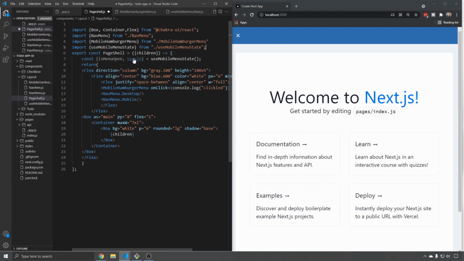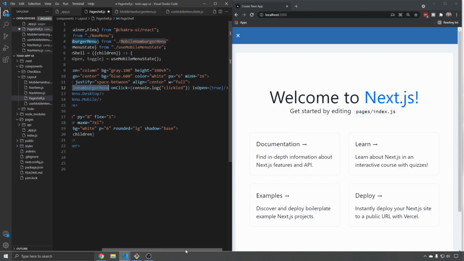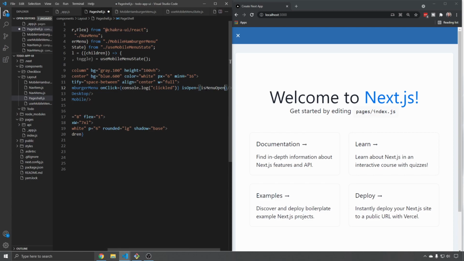Now what's cool about this is you can actually tell from this name what it is, right? So you can say is menu open. Okay, that's very obvious that it is the menu open. So we can take this and say mobile menu hamburger menu, right? So inside of here we have two things. Is open equals true, and then on click clicked, right? So we can change this to is menu open. So is it open? We can detect that. And then also on click, we can do the action,